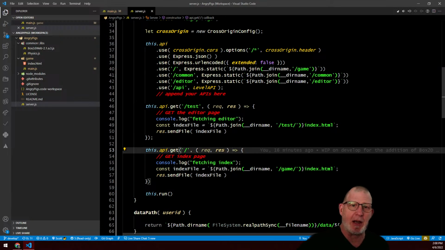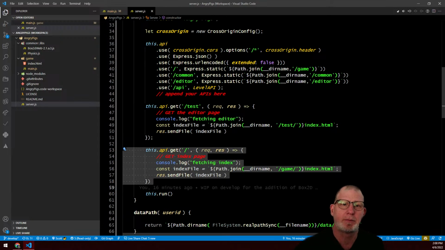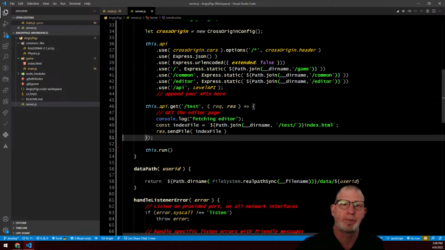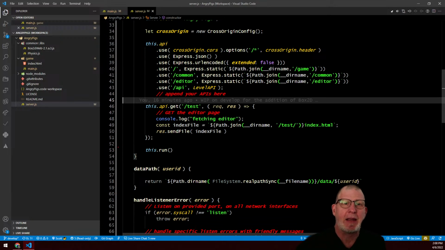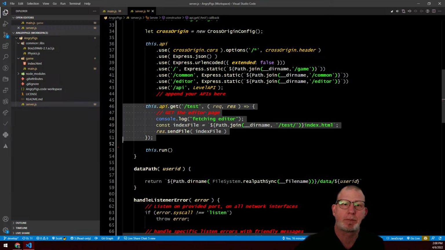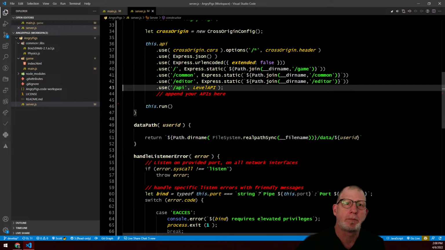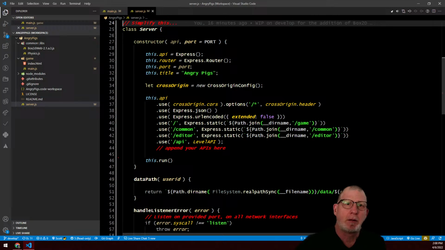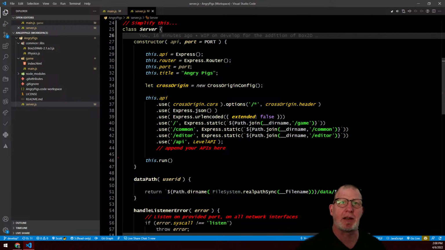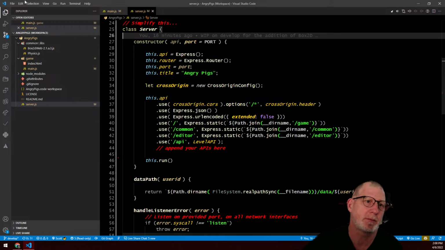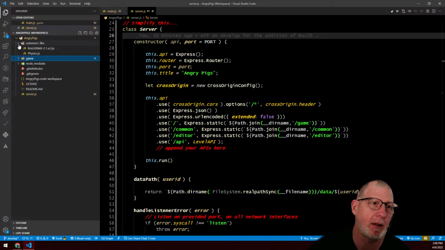So this is kind of redundant, right? I can actually get rid of that. And I don't have a test folder. Now the constructor for the server is really kind of nice and short and neat. Okay. So now what do I want to do? I want to have a node target to run. I'm going to go to my